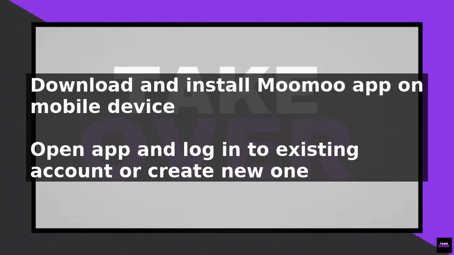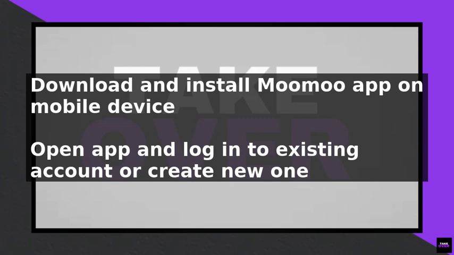To buy options on Moomoo, start by downloading and installing the Moomoo app on your mobile device. Once installed, open the app and log into your account. If you do not have an account, create one by following the in-app instructions. After logging in, navigate to the trade section of the app by tapping on the trade button at the bottom